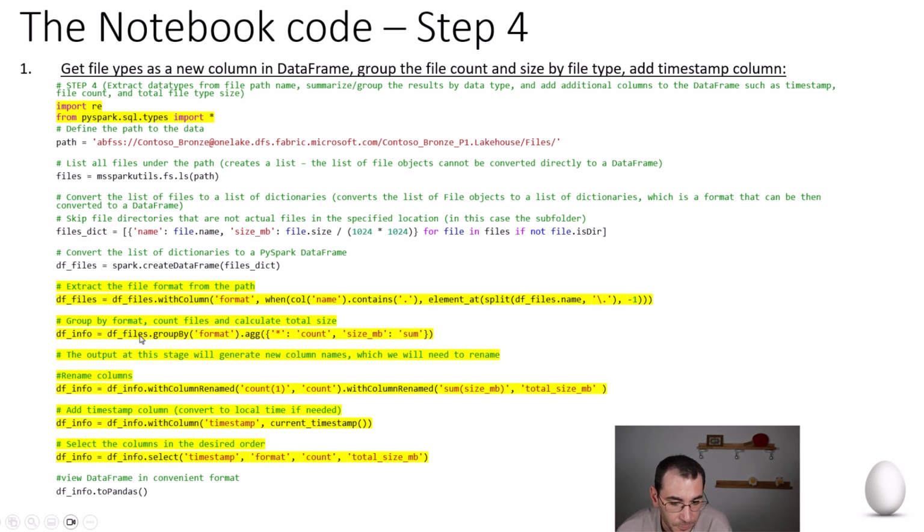So for this we define a new data frame. This is the data frame info, and this data frame is going to group the list items by format or by type. In this case I put format, and it's going to aggregate and count by format plus sum the size for that format type. And I'm not going to show you the in-between output now, but the